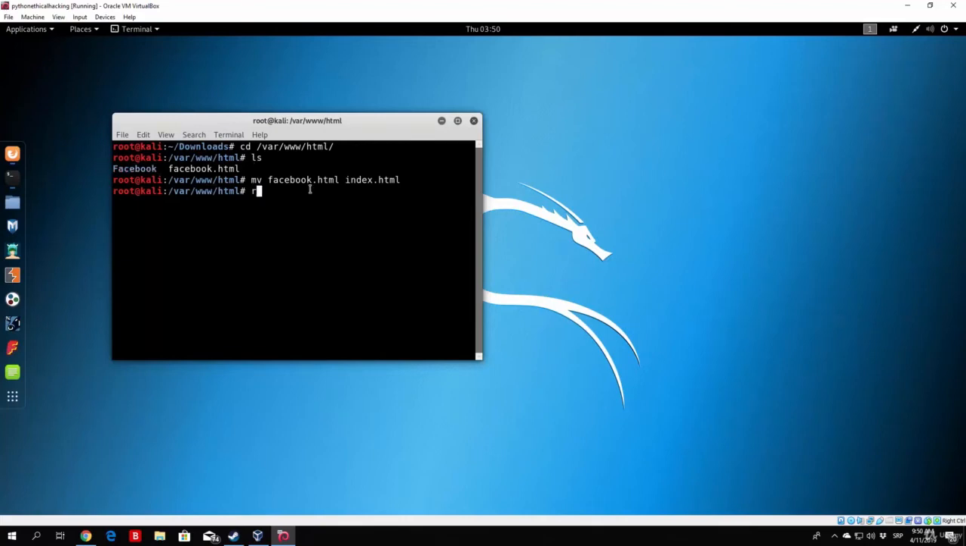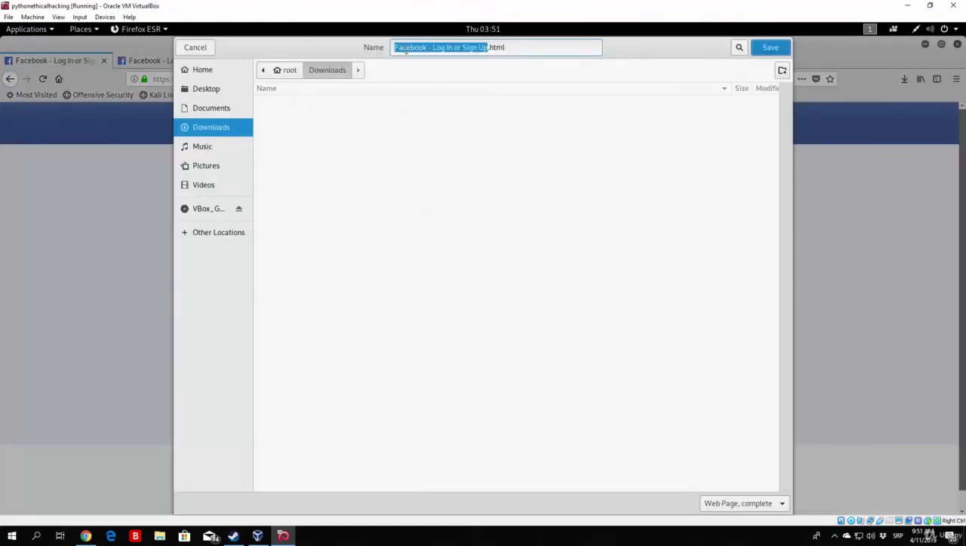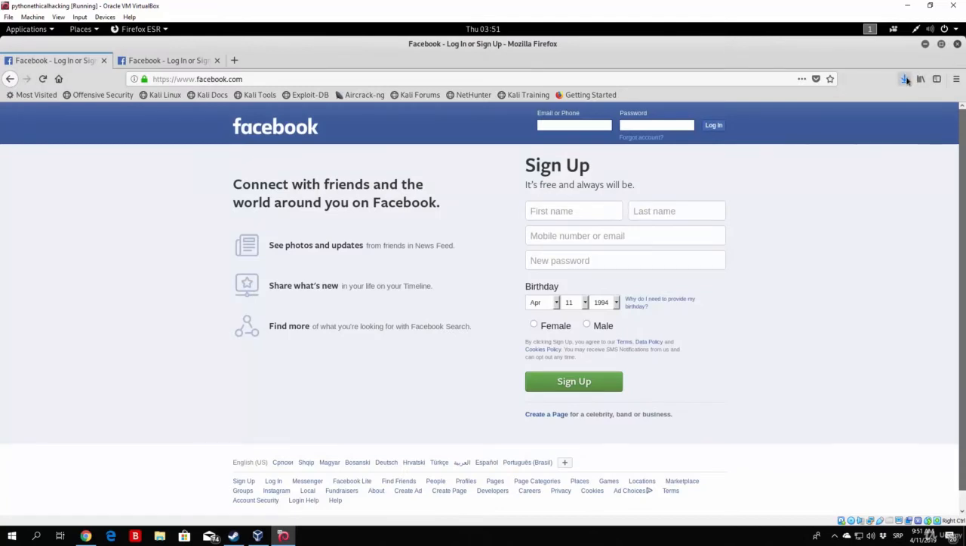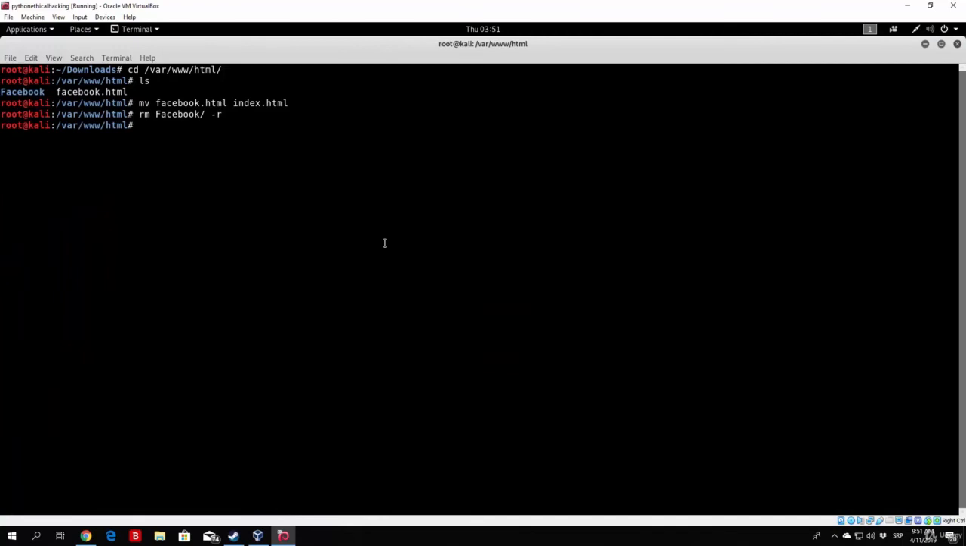We shouldn't have renamed it, so remove the Facebook directory. And let us actually download this once again, so save page as. We will save it under this name and we will not rename it, so click save right here. It is saved, and all you want to do is move the directory, so move from the root downloads